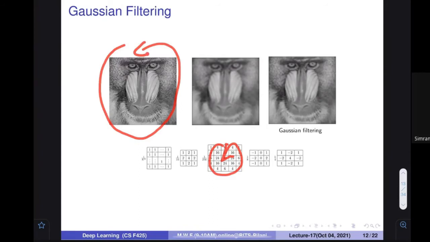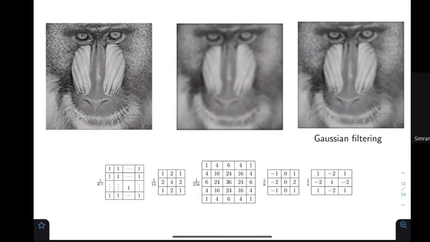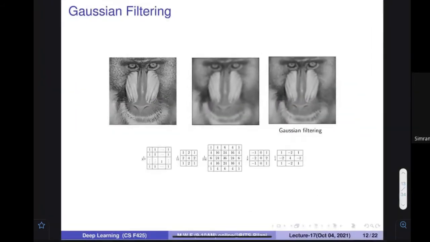So in this example, this is a kernel. Let's assume this is the original, and when I applied the 1 1 1 averaging filter, which is also called the box filter, you are going to get this. But if we apply this kind of Gaussian filtering, then we get this kind of image. Can you compare both of these images and tell which is better? Looks like the Gaussian one is better. Right? Gaussian one is better. So it is better to use this Gaussian kernel.